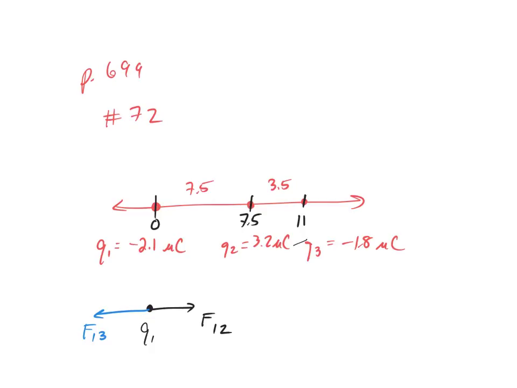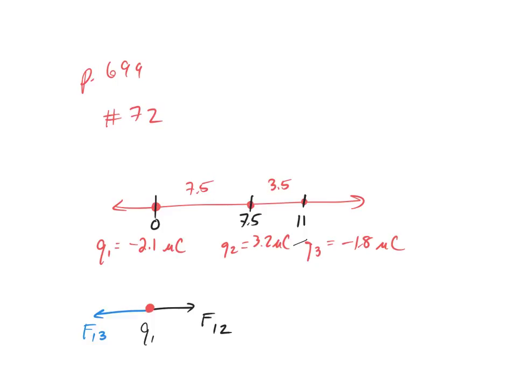Because now what you're going to do is calculate the electric force between particles 1 and 2, and then the electric force between particles 1 and 3, and you're going to see which one of these is bigger. If 1, 2 is bigger, it's going to get moving to the right. If 1, 3 is bigger, it's going to get pulled to the left. So the free body diagram is the most important part. So again, here's how you do it. If you need to do this again, just in your mind, cover up the other ones and think, how would